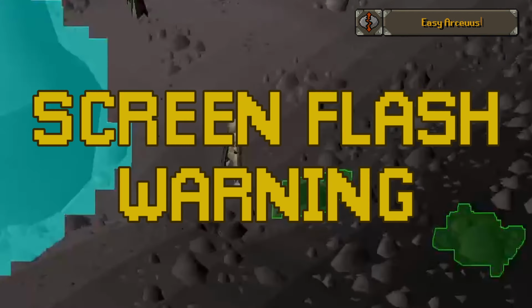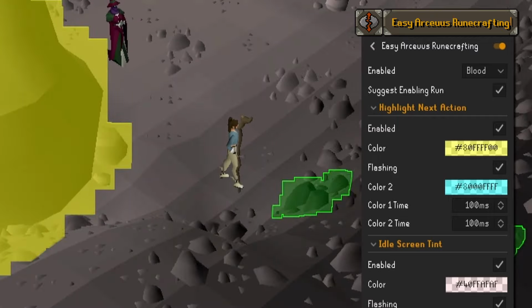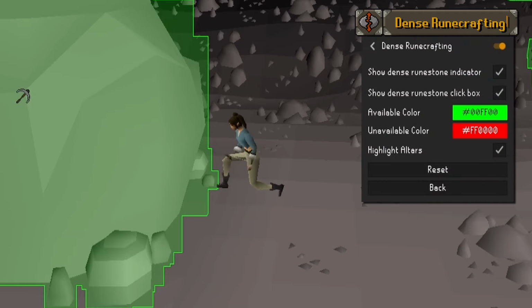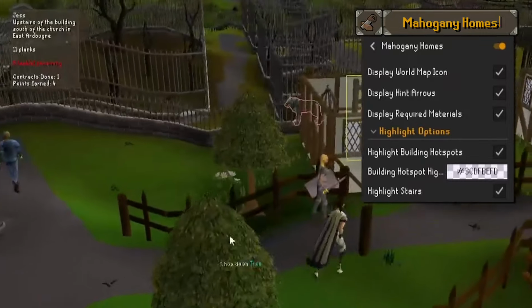If you do runecrafting on Arceuus, the Easy Arceuus runecrafting plugin has a mega screen flash which you will probably want to turn off, but it also gives you little reminders of where to go next here. Alternatively, the Dense runecrafting plugin does a very similar thing with much less disco, so you can save your retinas some pain. For construction, we have the Mahogany Homes plugin, which gives you a handy reminder of your task,